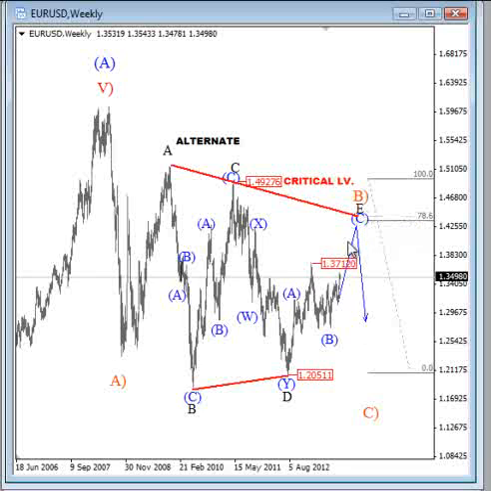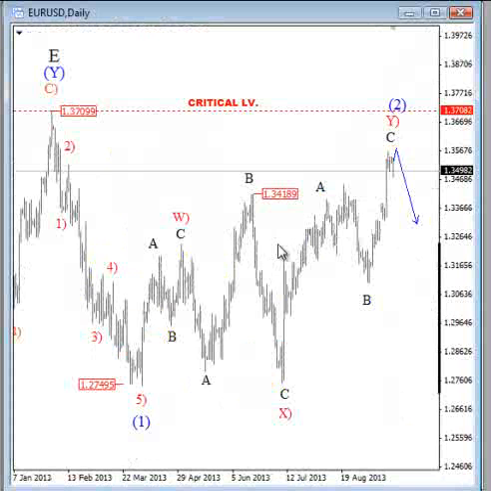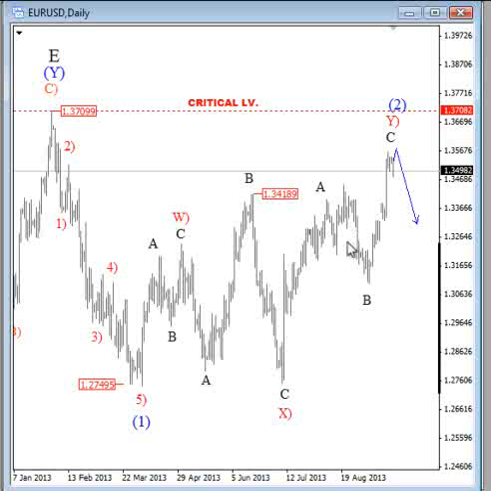So in either case, I think that we will see a weaker euro and lower prices, and at the same time the dollar index will rally. But now again the question is whether wave B is still underway or maybe has finished here. Well, we will know that probably in the next few weeks, maybe even days, if the price action accelerates to the upside. But for now, because we are below this level, I'm still observing this wave count,